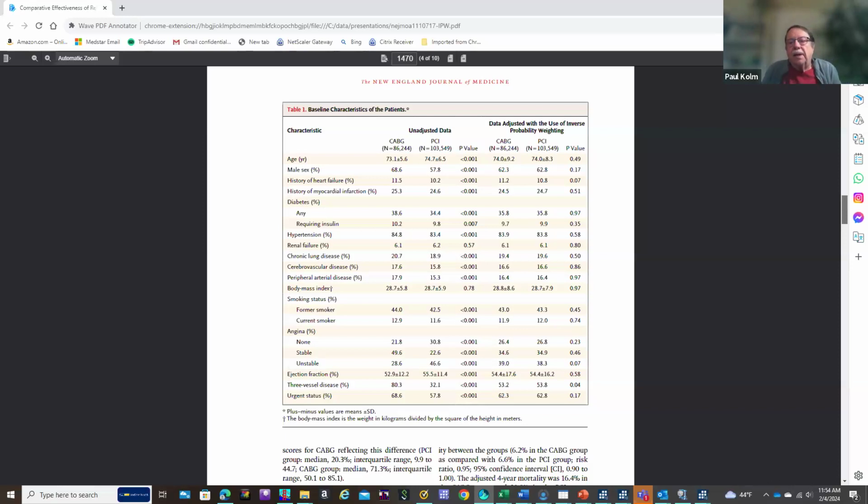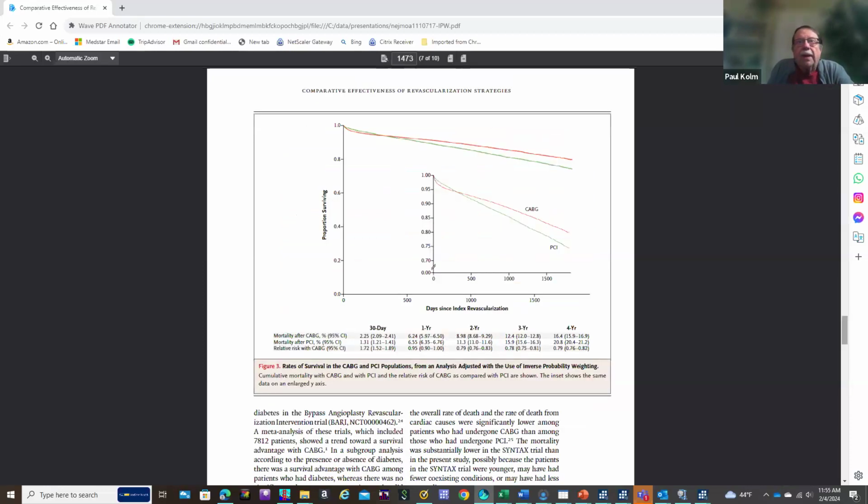But when you have non-randomized groups, this is what you need to do in order to compare procedures or compare treatments. And so then our presentation here, a typical survival plot, where usually you have an inset where you get kind of like a close-up. And you can see that